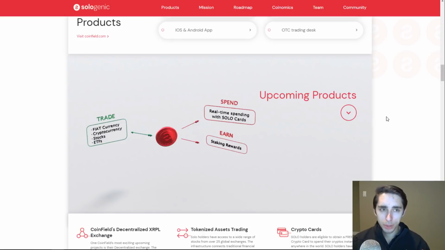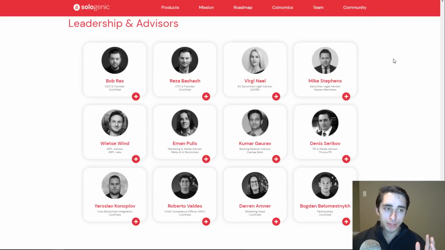Now, as we talk about here, we've already seen CoinField produce a great product. The vision here for Sologenic, I think, is very fascinating as well. But a vision and a product are only as good as the team. And I've got to say, it's nice to see a lot of the CoinField team, who have already proven themselves in building a great product, coming over here. And just like with CoinField, Sologenic is taking things one step at a time, and they're making sure to do things in a regulatory and compliant way, which is so imperative for doing something unique like this, where you're bridging between traditional assets and the cryptocurrency space, and tokenizing these different assets.